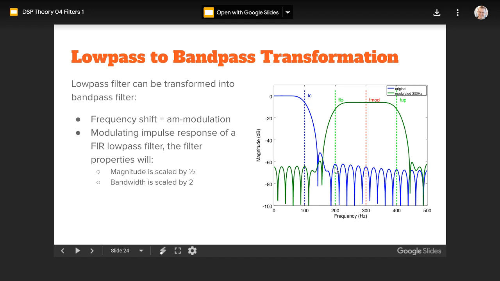Exactly the same thing, with full bandwidth of 2 times FC. That was FC. Okay, easy. You just multiply it with the cosine, preferably cosine, since on sine you usually get a lot of zeros. This is a symmetrical